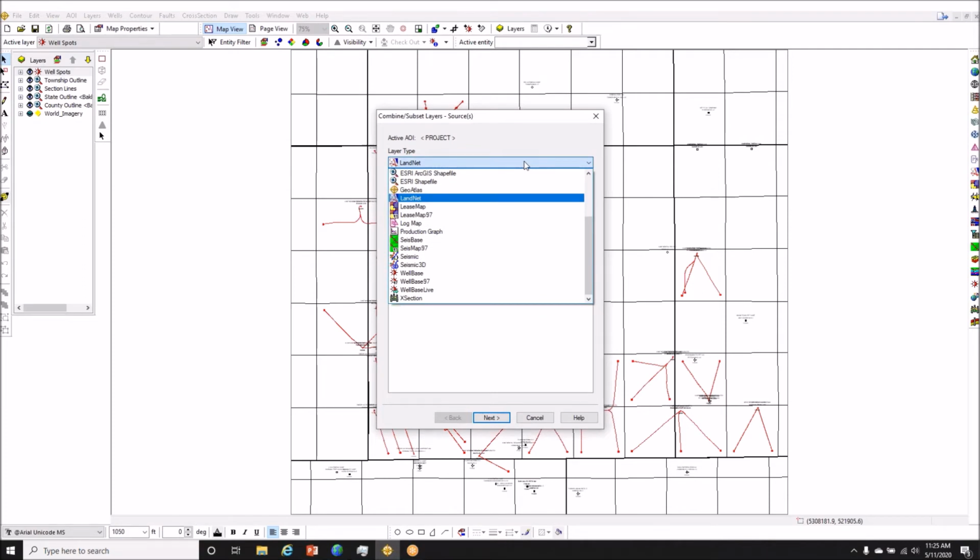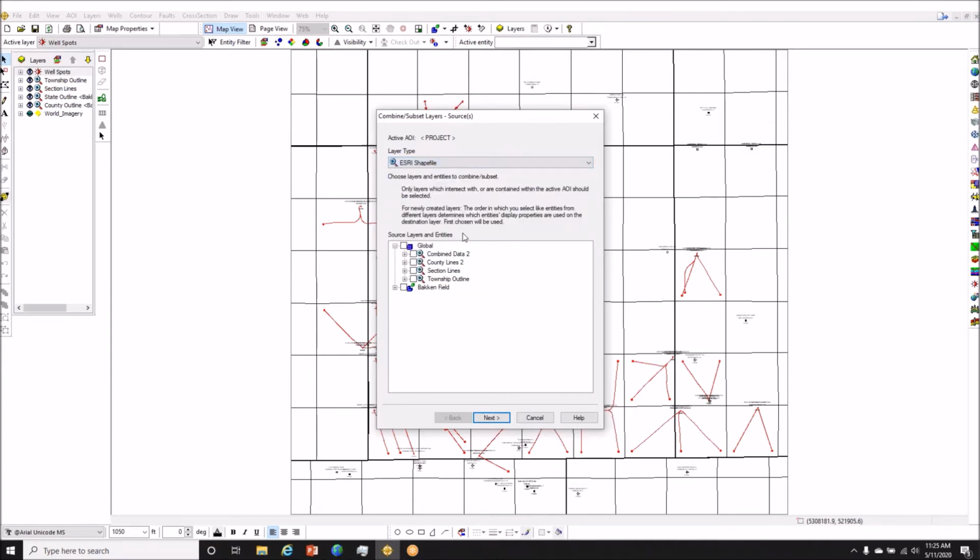I can't take a well-based layer and combine that with an isomap. I can't take a shape file and combine that with, say, a lease map layer. They have to all be the exact same type of layer if I want to combine them. So I'll choose ESRI shapefile, and I'll see there's the shapefiles that I brought in, some county lines, my combined